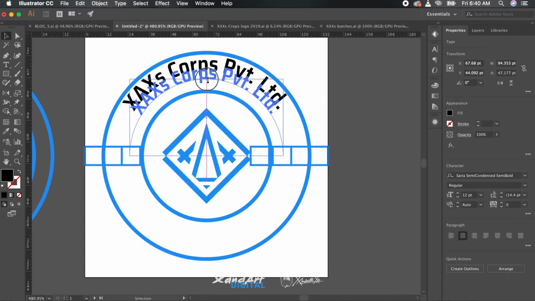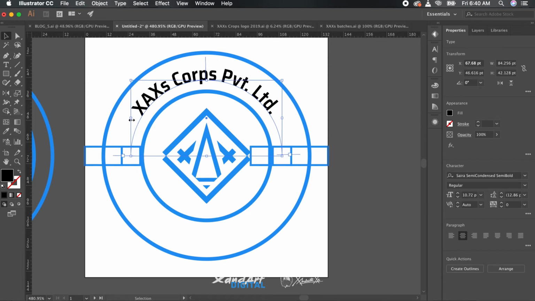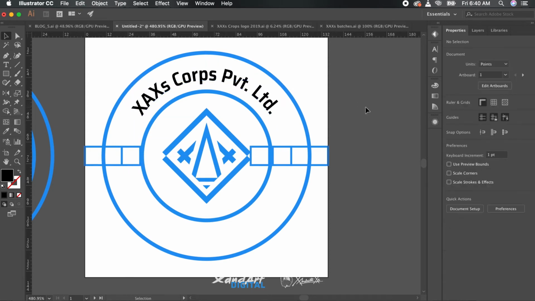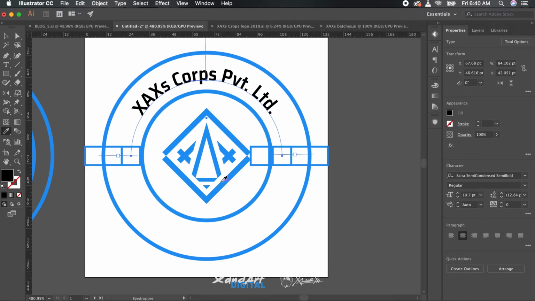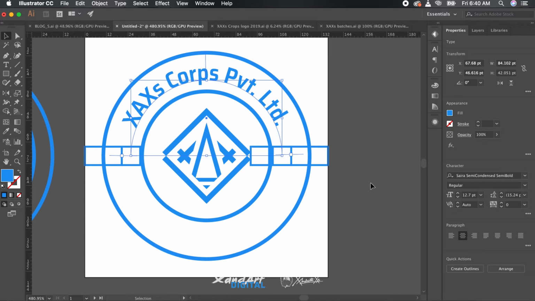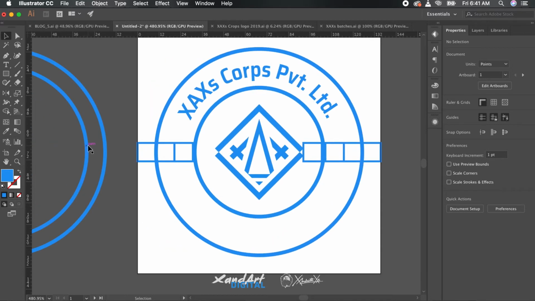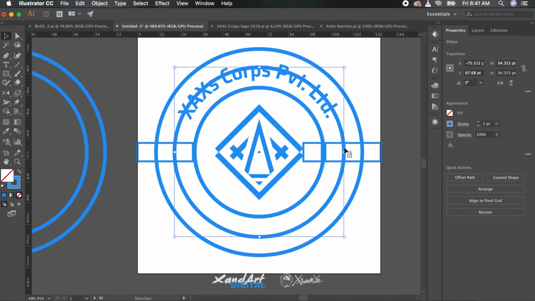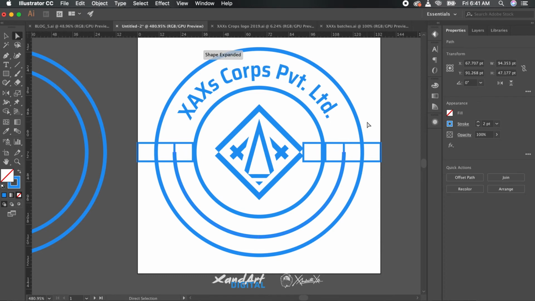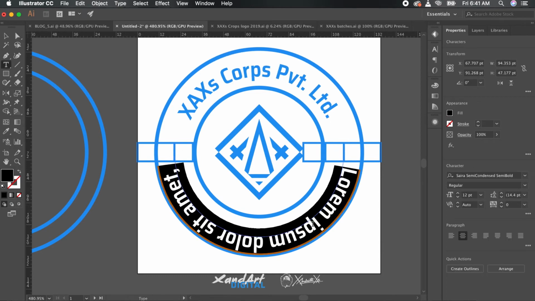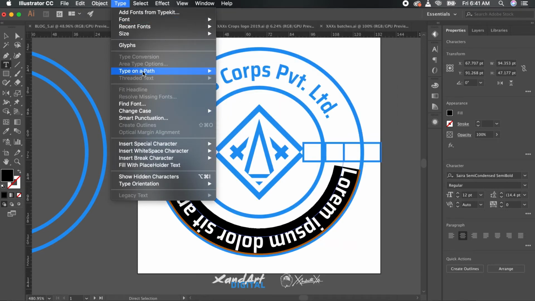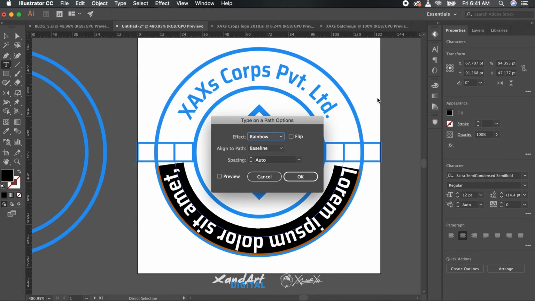Once you hover the text tool over the path, you will see that its shape is changing, which is an indication that if you click now, the text will be put on the path. Just make sure you click at the right place so that you get the right alignment, and put the text there. Now there can be some situations where the text is not on the right side, it's upside down in comparison to the way you want it to be.